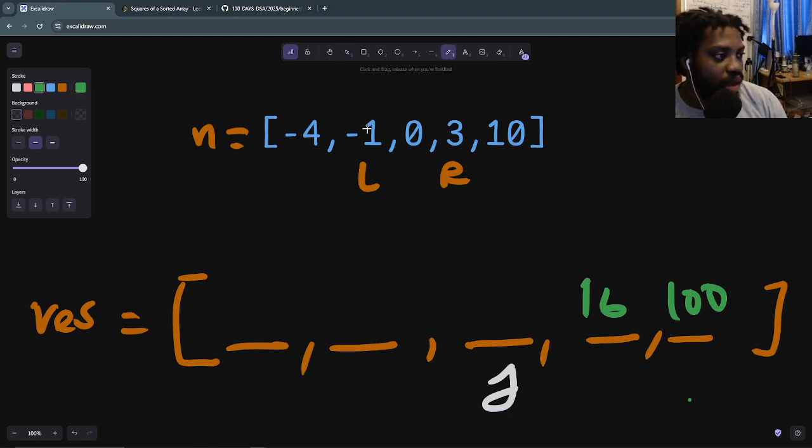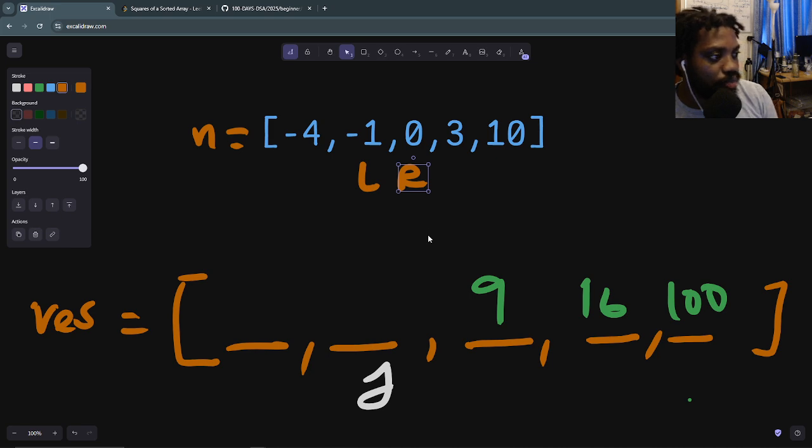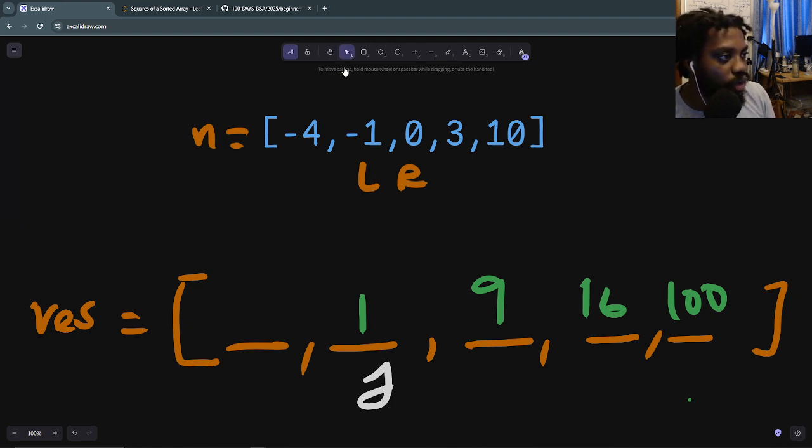So J will do the same thing. We'll compare these two values here. 9 is going to be the result because 3 is greater than 1 in absolute value terms, and then we will move J forward to this point and move R from here to here. Now we have 0 and -1. The absolute value of -1 is 1, and comparing that to 0 will take 1 as the result. So 1 is the largest, and the square of 1 is still 1. So we move J forward,